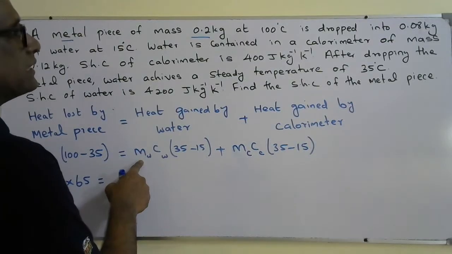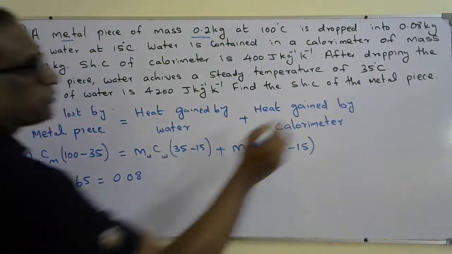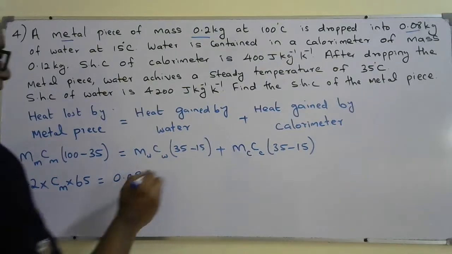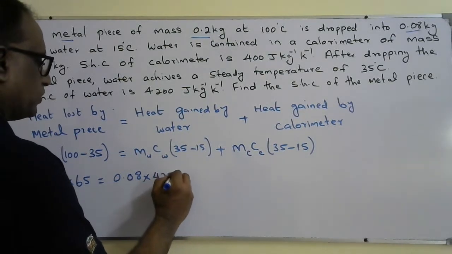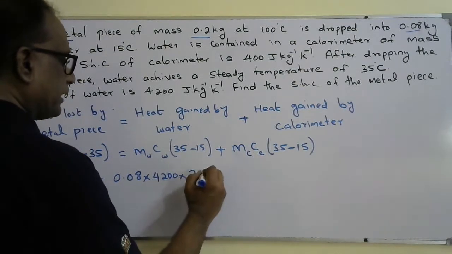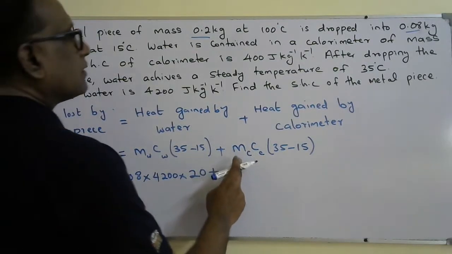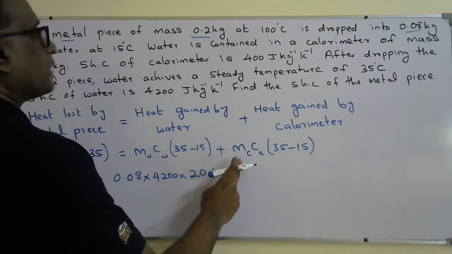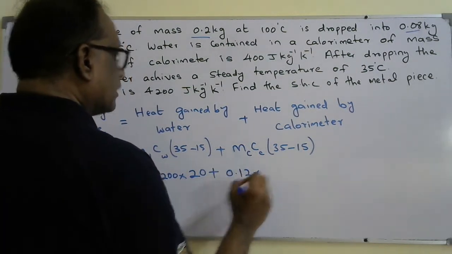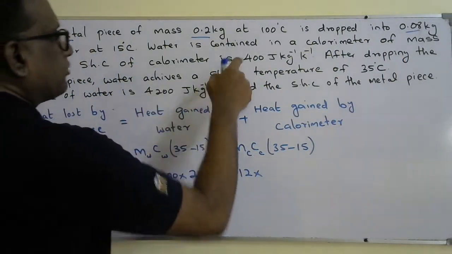So mass of water, 0.08. 0.08 is the mass of water. Specific capacity of water given 4200, into this also, 35 minus 15, that's going to be 20. Now the mass of the calorimeter, that is given as 0.12. Specific capacity of the calorimeter 400